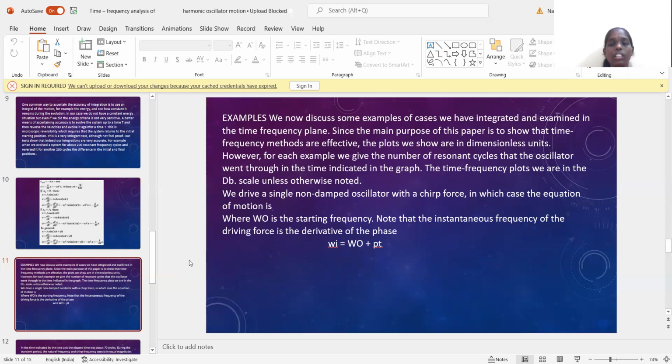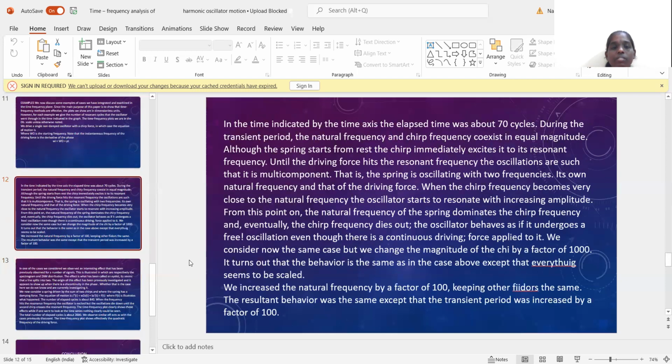Note that the instantaneous frequency of the driving force is the derivative of the phase. Wi equals W0 plus Pt. In the time indicated by the time axis, the elapsed time was about 70 cycles during the